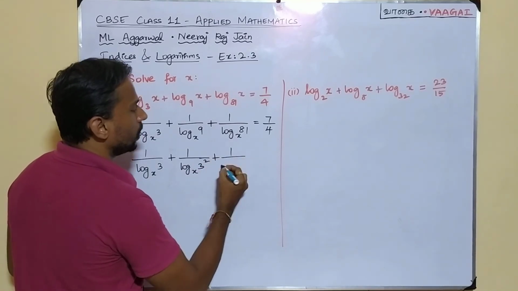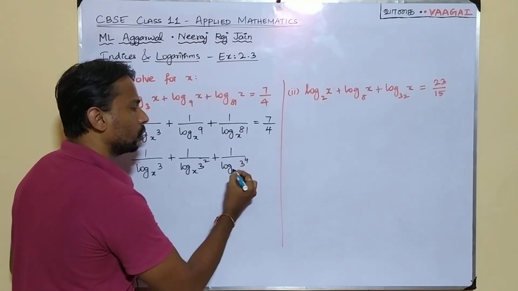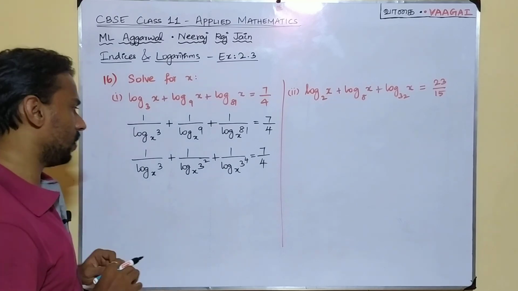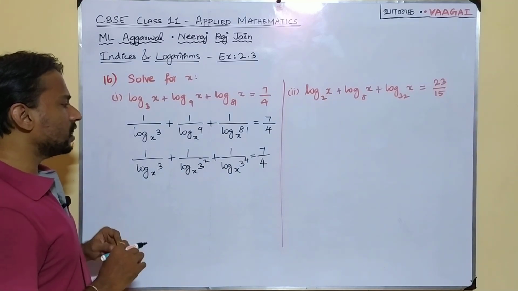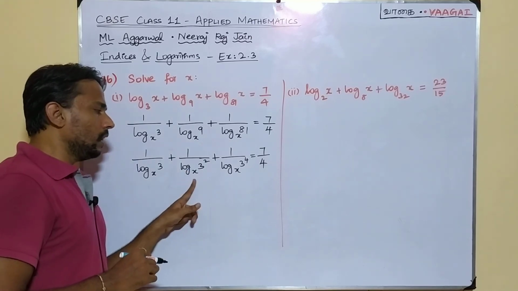Same way, 1 by log of this 81, I am going to write as 3 to the power 4 to the base x, is equal to 7 by 4. We will write like this. Alright, okay, fine. Now what next we can do here is, we will just use power rules here and here,